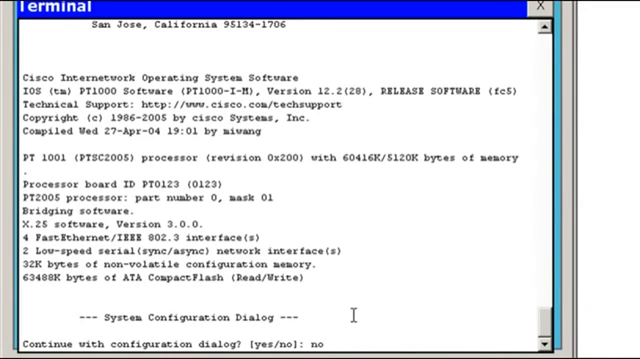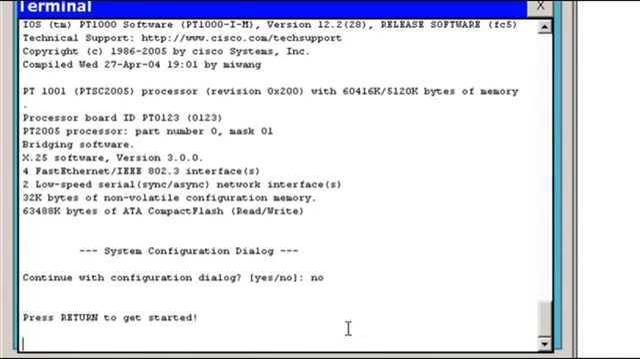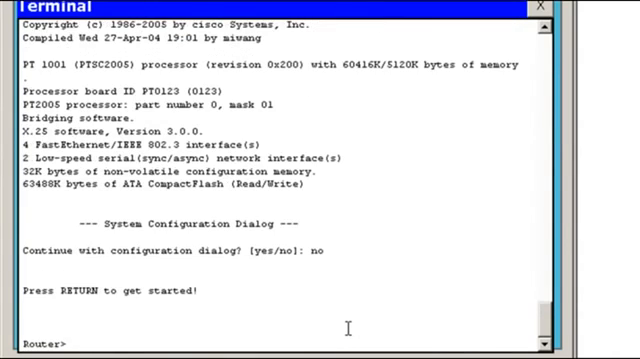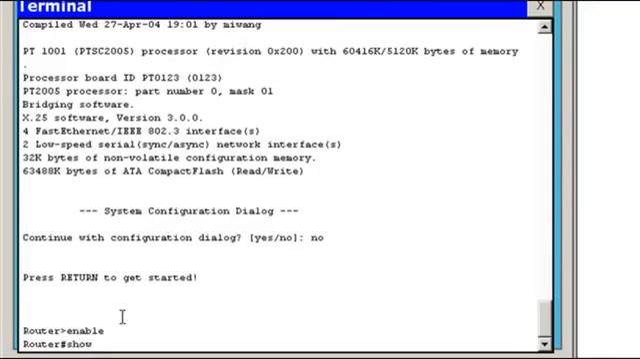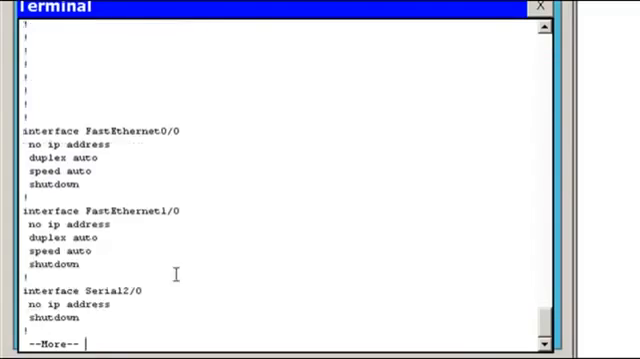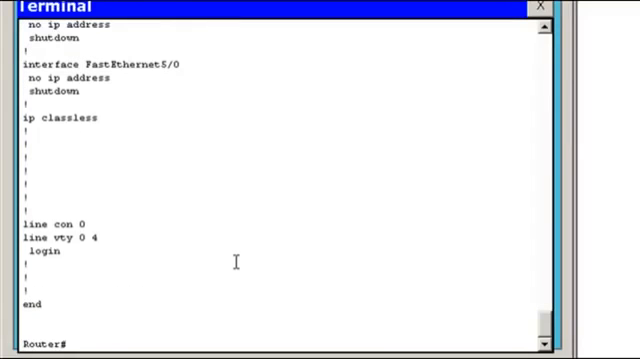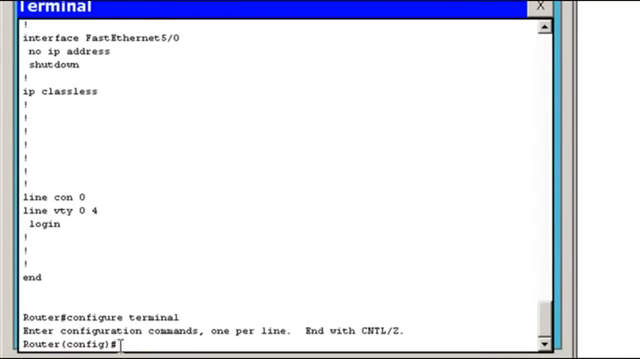Okay, I'll hit no for the system configuration dialog wizard. Hit return to enter, and you can see that the router's host name has changed from Dan's router back to just router, the default, and there's no password, right? If I type enable and do a show run, the configuration is gone. So what I'll do is a configure terminal, and then I'll just